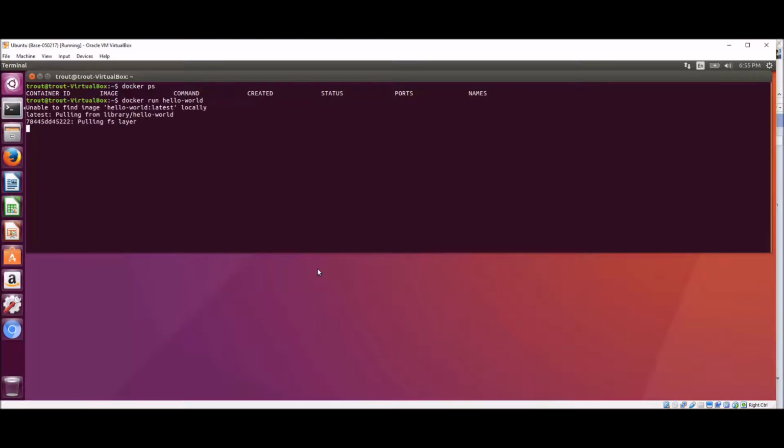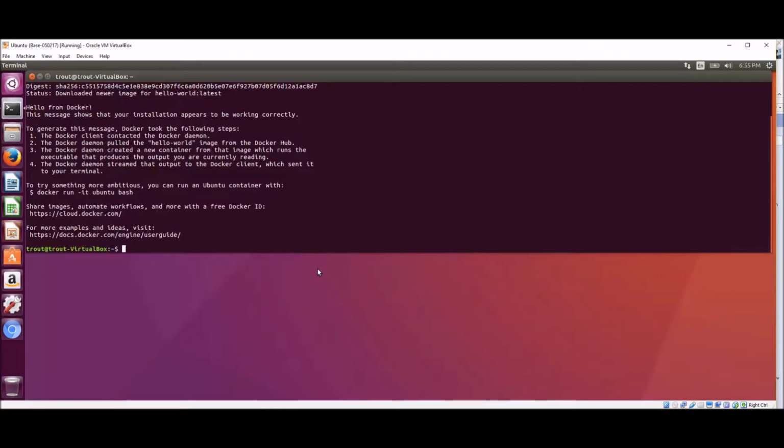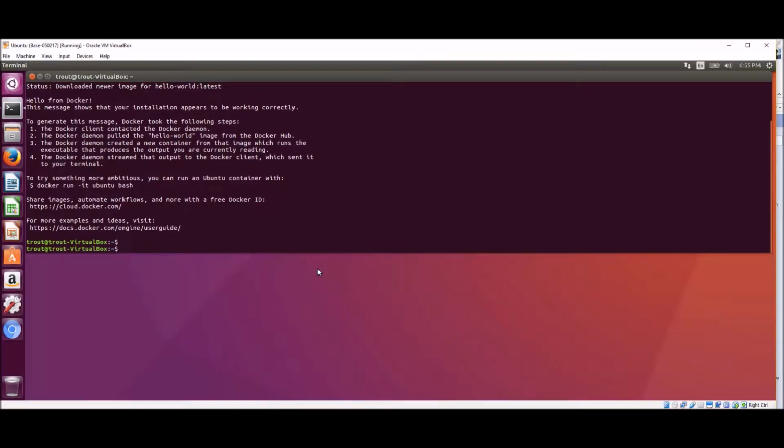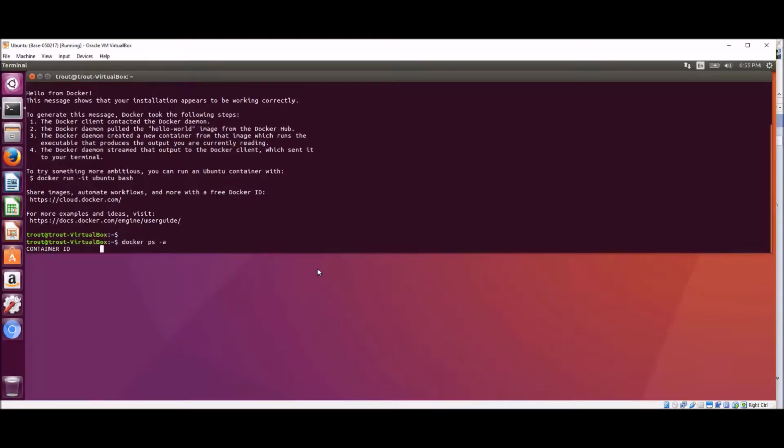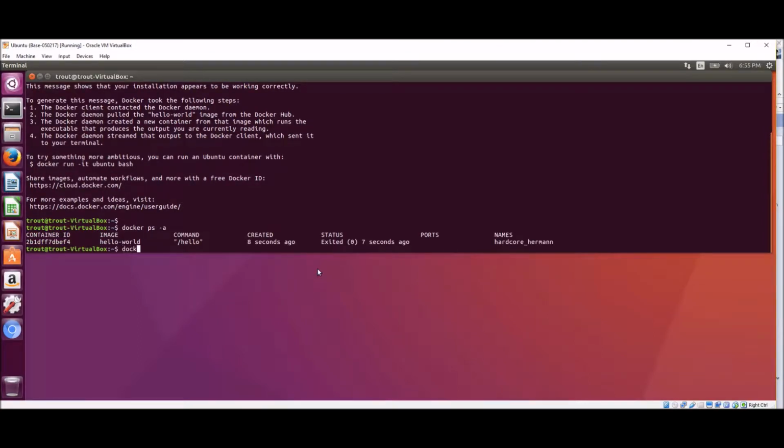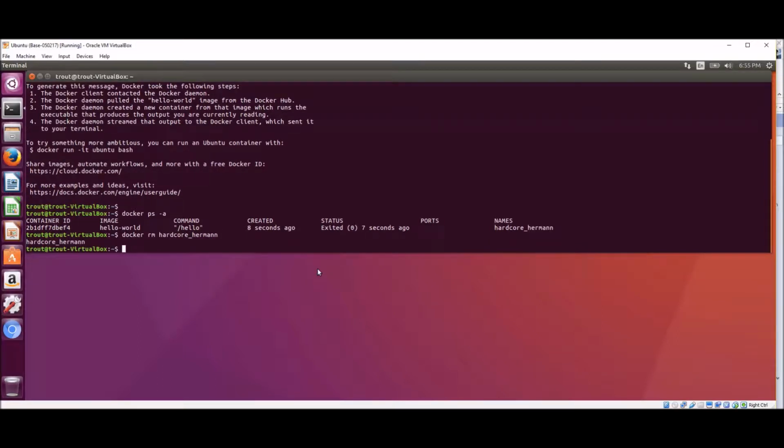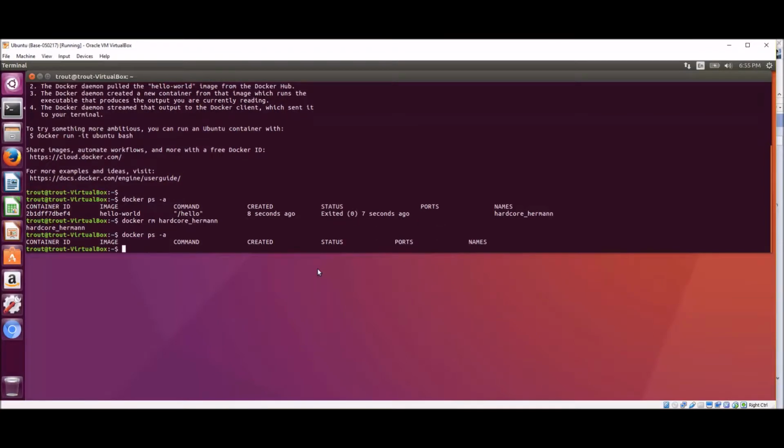So it's unable to find the image. It's going to pull the image. And it ran the hello-world image. I can do docker ps -a, and it's there, and I can do docker rm hardcore_herman, and it removed it. Okay, if you are brand new to Docker, I would highly recommend going to Code School,